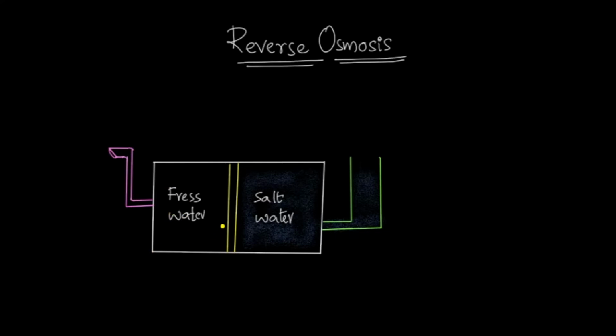Now due to osmosis, and I just forgot to explain that this one is called a semi-permeable membrane, which allows only solvent molecules, not solute molecules. Due to osmosis, the fresh water is moving in this direction, that is from fresh water to salt water, that is low concentration to high concentration. Now what I will do is put something over here.